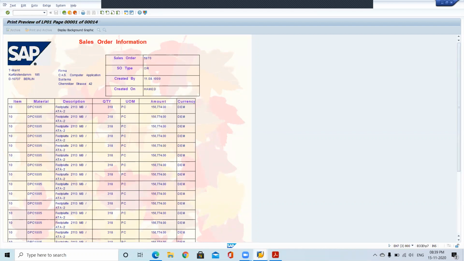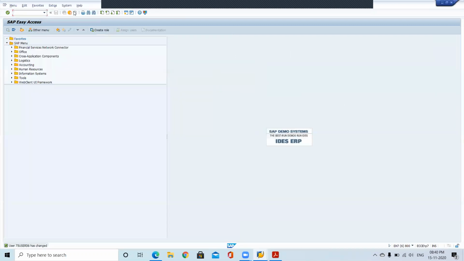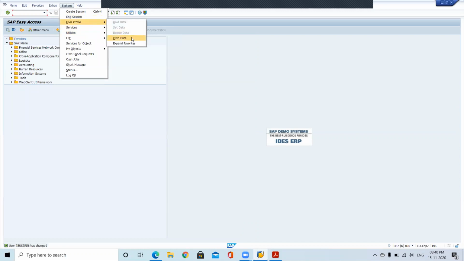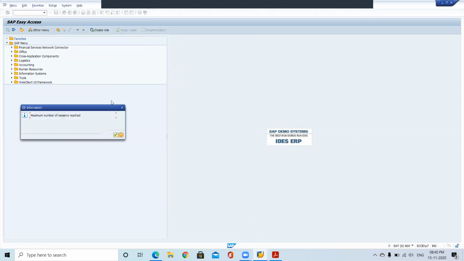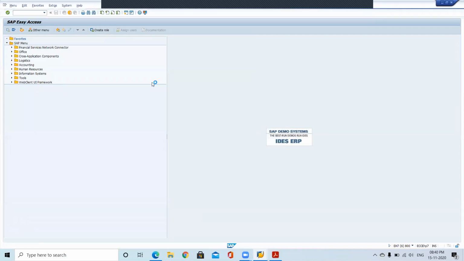So here also every time it is showing a normal ID. Where did we check all those properties? In System, User Profile, Own Data. Sessions are not available, so that's why it is showing that one more session is not available. Just close the existing sessions, whatever sessions may be available.